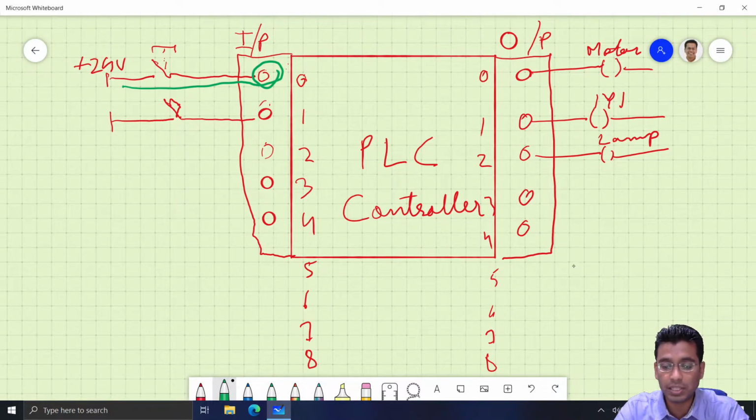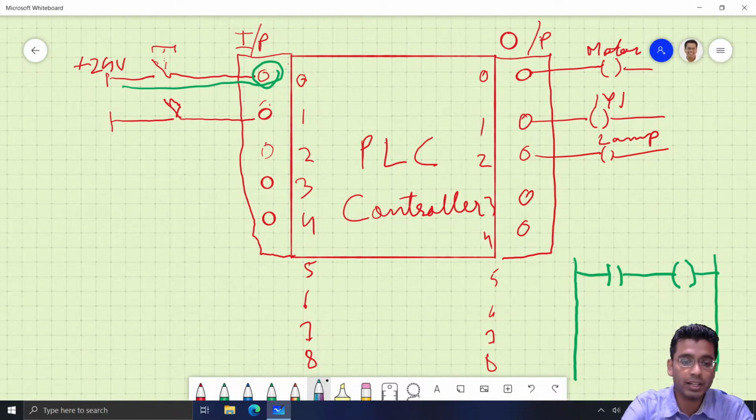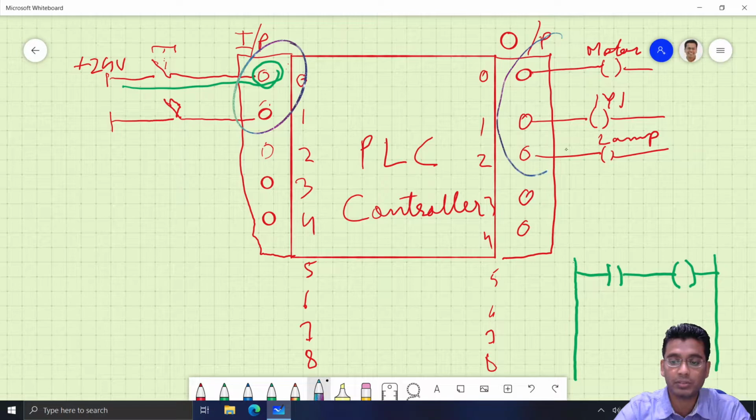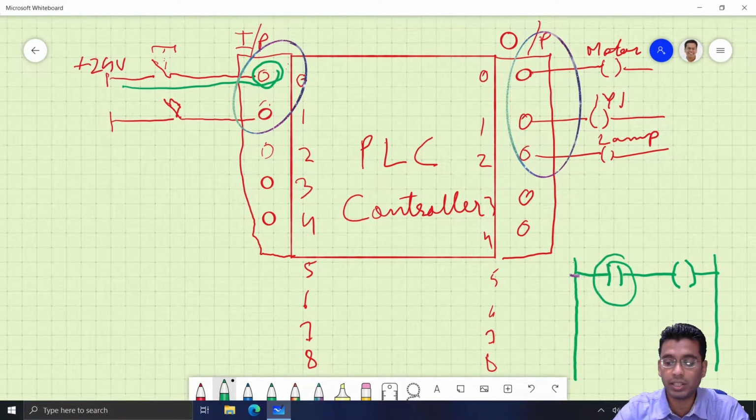Second, you also have to draw a PLC diagram, that is a ladder logic diagram. So in the ladder logic diagram, I will have one XIC here and one OTE. Now see, in this case there are two input elements here, 1 and 2, and there are 3 output elements. Now this first rung here says that whenever this condition is true, then this will get triggered.